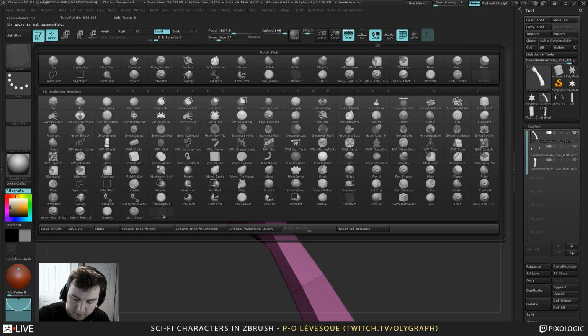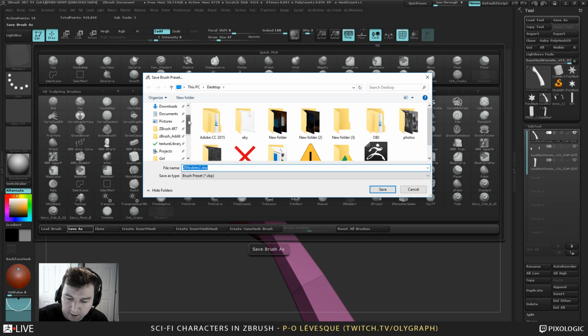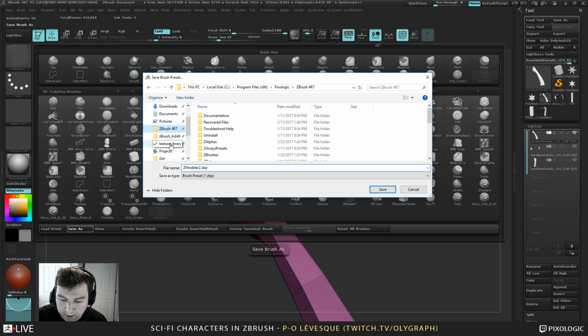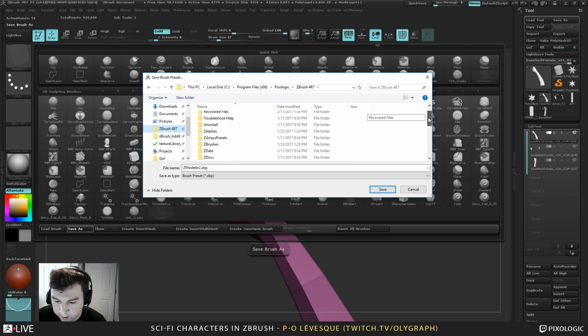Here. So now you have your insert mesh. I could have called it insert edge mesh. So it's gonna always load with those settings. So you can always save it in your program file. If you wanna start ZBrush with it, you could always save it in your program file, and then it's in